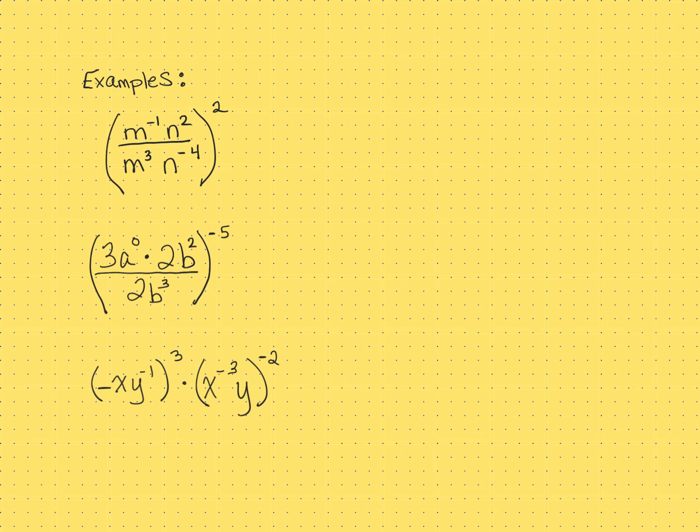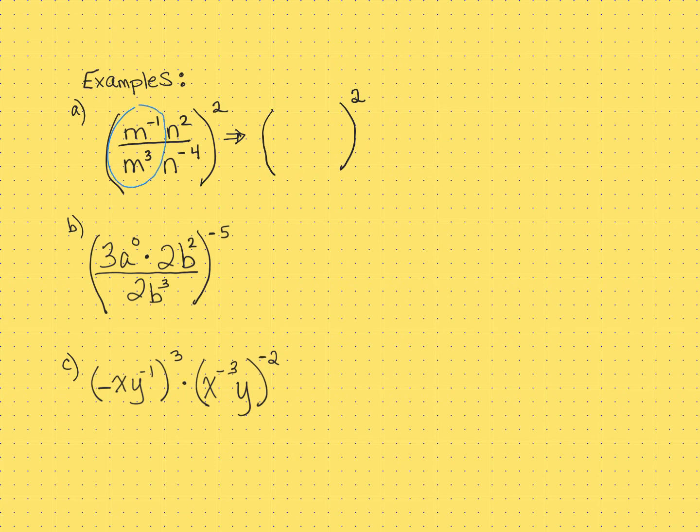So as long as I follow those 7 rules, I should be in great shape. So we'll call this example 1, or B, A, B, and then C, and see if we can't simplify. So again, on this one, I can handle that 2 and raise everything to the 2 power like we just did, or I can handle my negative exponents first. So in this case, let's do those negative exponents first. So we're going to leave the square, and I'm going to look at